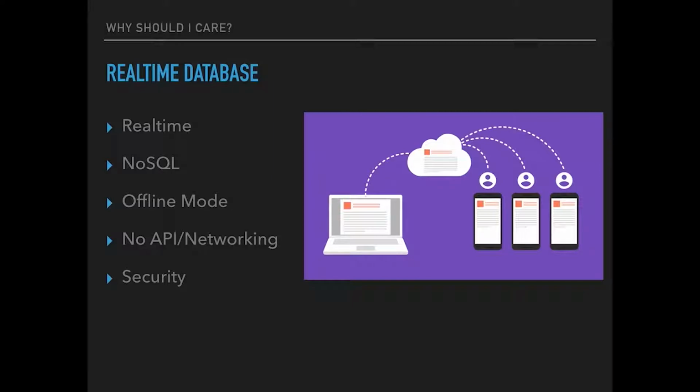Lastly, on the database portion is security. So we talked about it with authentication, but once your users are authenticated, you can apply roles on the database that rely on that authentication. So if you want to secure certain pieces of your database or the NoSQL database, you can do so using rules that are built in. So there's a rule engine. I won't go into that, but if you guys are curious, I can show you what that looks like. But yeah, you can secure data by tying it into the authentication component.